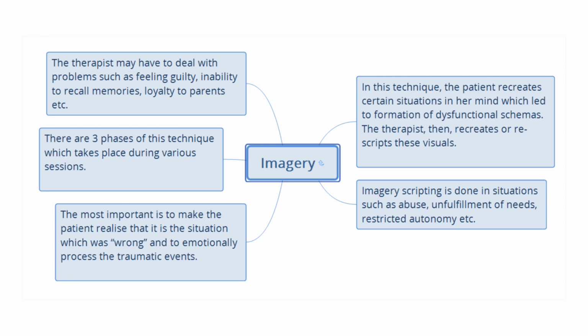For example, in the situation that we have been discussing, this time Nora enters as a healthy adult to help little Nora. Even though the mother is mad, Nora is stronger than her and she helps little Nora in sending her mother away and even tends to her emotional needs.